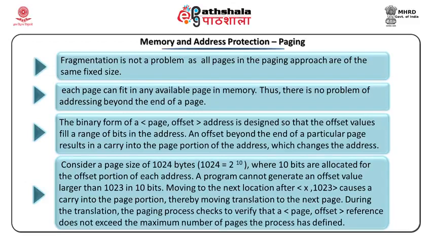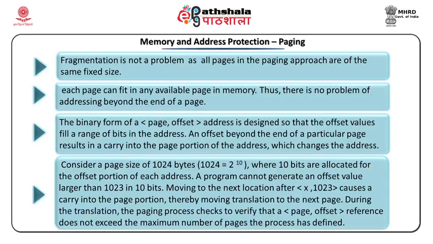address. For example, our page number is designed to have only 2 bits. It can go up from 00, 01, 10 to 11. So offset values are also in that range, going from 0 to 1, 1 to 2 and 2 to 3. So the offset is always between this range as well.